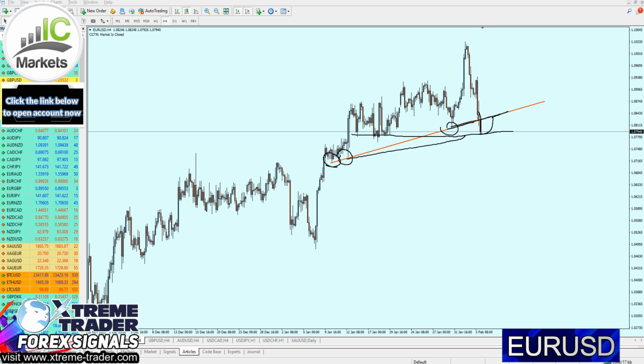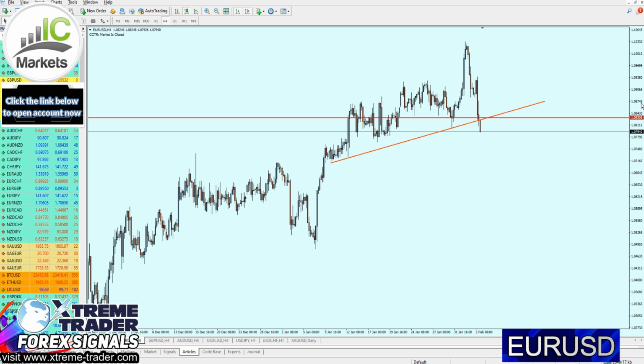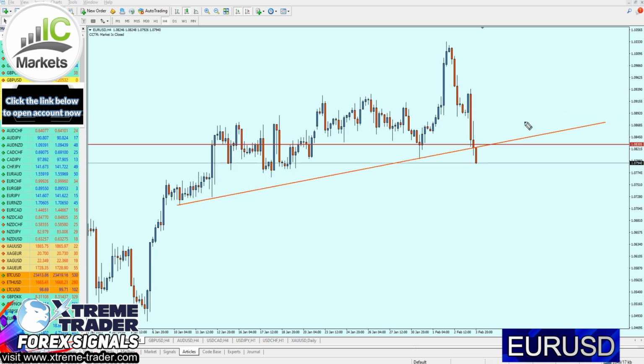Now we need to find the horizontal level of resistance where we can rely on that level for a strong pressure to push the market to continue the fall. Exactly right there. Let me just be more accurate. Exactly, just right there. This level, my friends, was a real level of resistance. Then we had here multiple attempts of a fake breakout. Then it became a real level of support for only one single attempt before the market made another bearish breakout from it. It indicates that selling at 1.08305, in my opinion, is going to be a good idea.